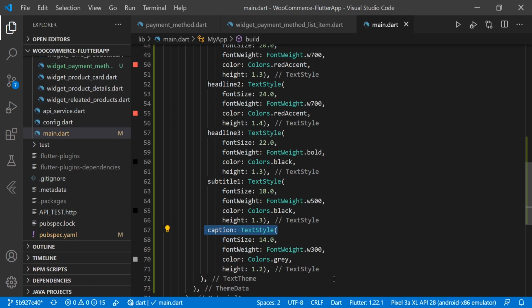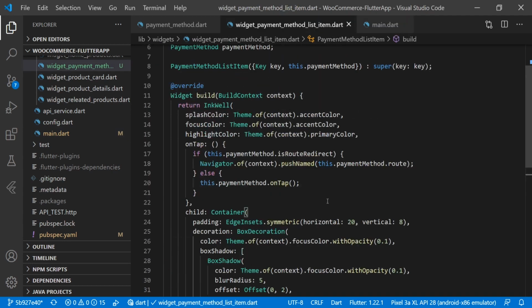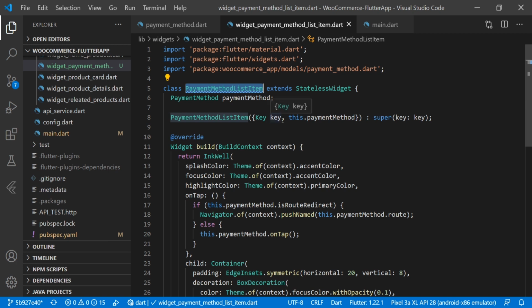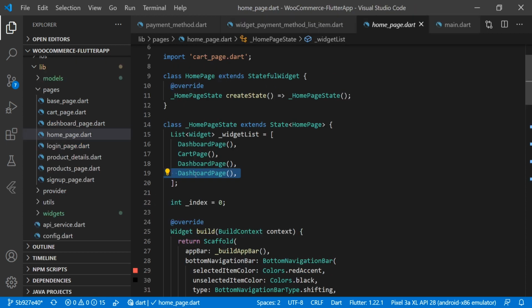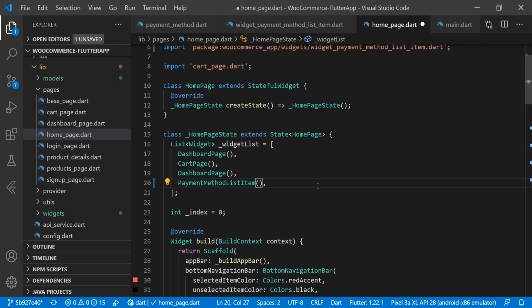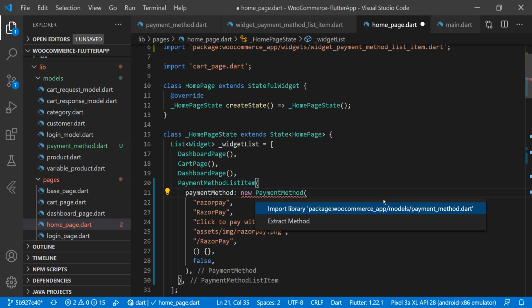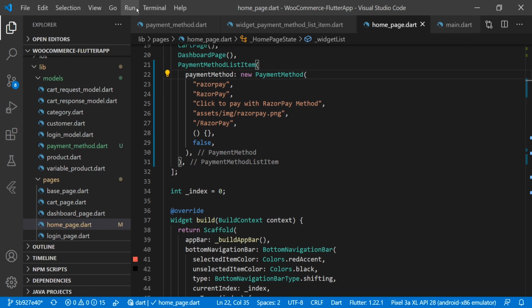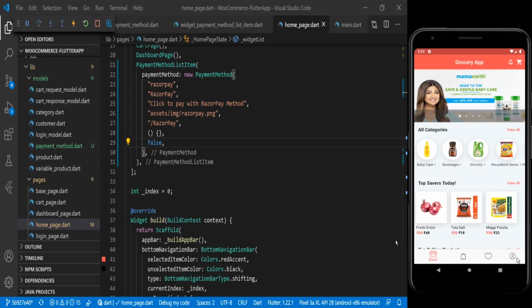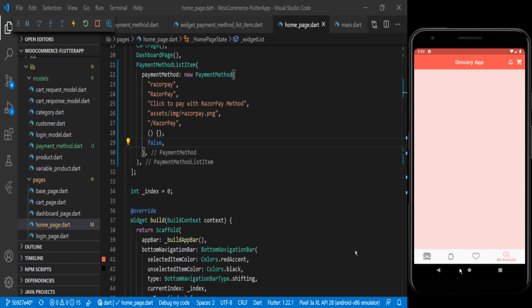So now let me run the application to show you side by side. Before that, we have to call this payment method visit from our application to see how it's looking. So here in our, just for the testing, I am putting here, and here we have to pass payment method. So let me run the application now. Now we will click on that my account section to see that our visit which we have created. So right now it is coming empty here. Now we will start coding there in the visit,